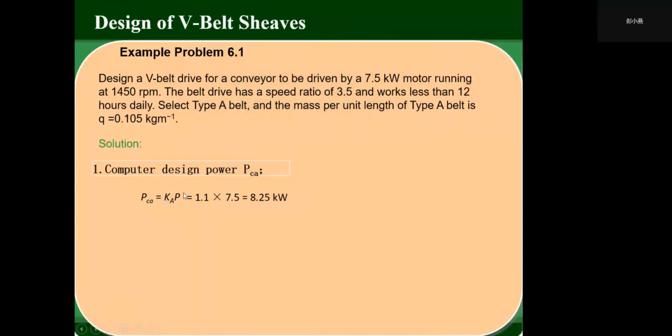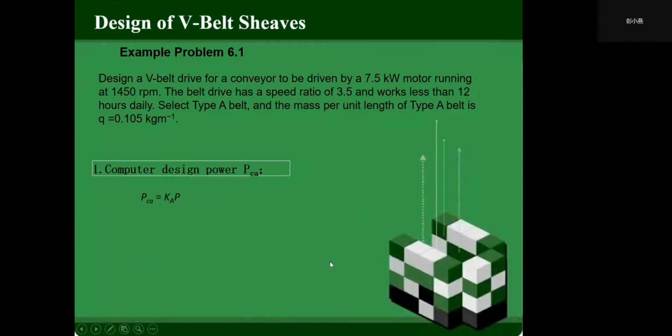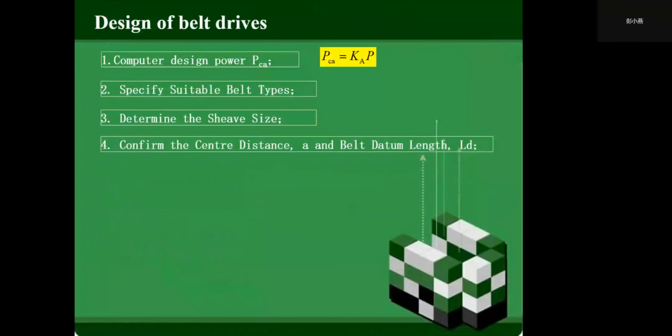And then the PCA is 1.1 times the power. So the calculated PCA is 8.25. And then determine the diameter and the type. The type has selected A type. Okay, so determine the diameter of shafts. In your textbook, it chooses the diameter of driving shaft D1 is 100 millimeter, and from our selection diagram,